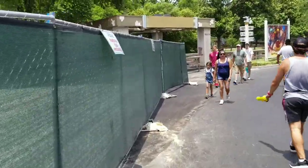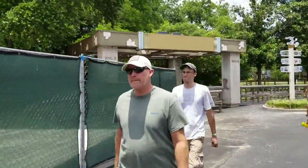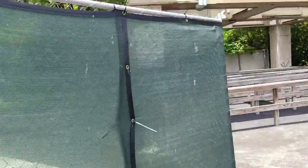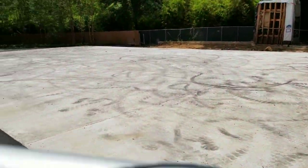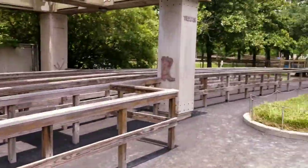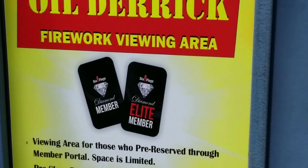And we're going to head around this direction. And this was open a little while the other day, but now it's closed back up. But you can see over the fence here. And they are working on that, whatever it's going to be. The old Lone Star Theater, now gone and being replaced. If you have a Diamond or Diamond Elite membership, you can...